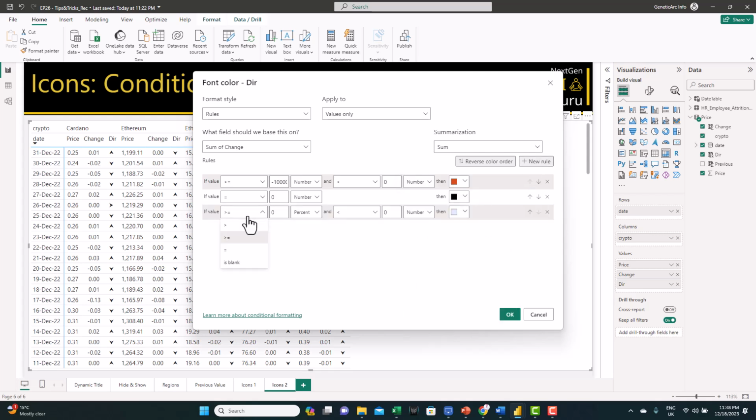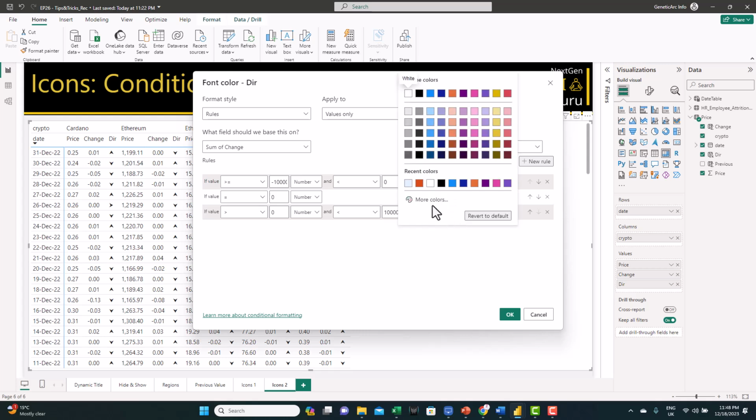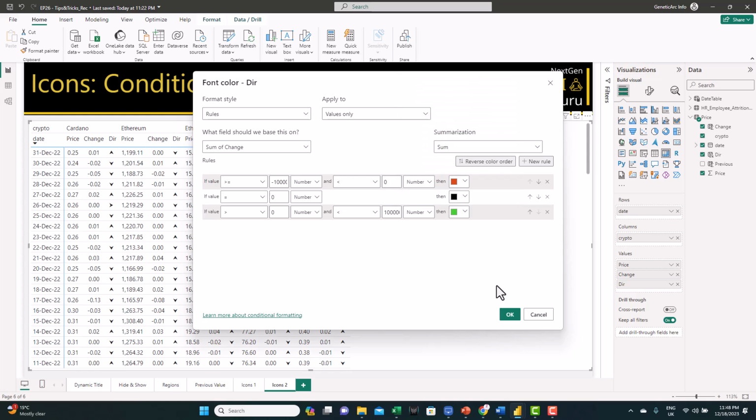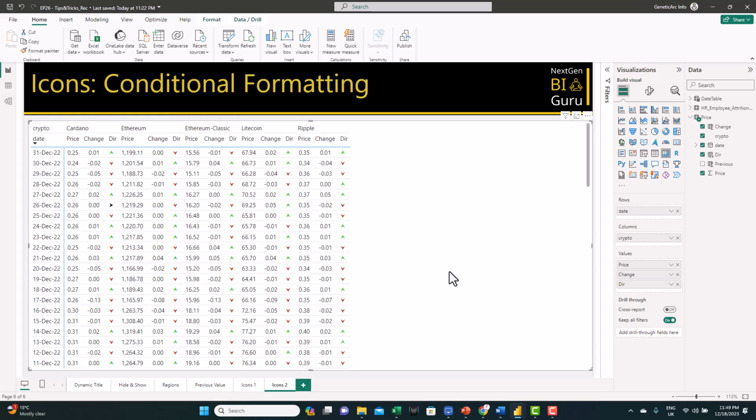And if it's greater than 0 and less than a very big number, we give it the color green. And you click OK. And you can see now you have the arrows colored as expected.